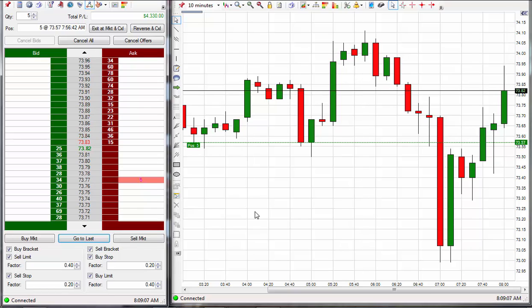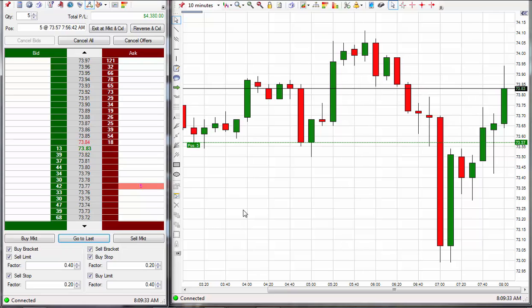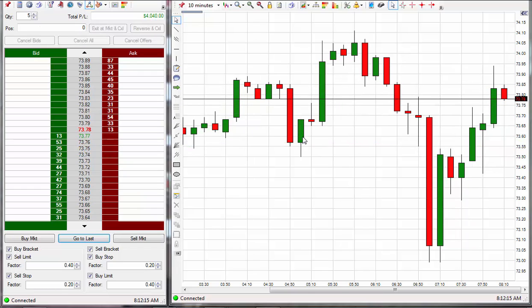Where's the code? It's kind of sitting on the fence here. I'm going to let it come and hit me, and maybe I'll take another entry again. Maybe it's going to go up here. Yeah, let me take a look. I might readjust the stop back to break even again here. I'll be right back. Okay, it came down and hit the 20 tick protective stop, so I'm out of the